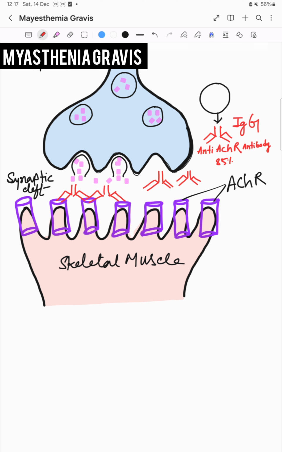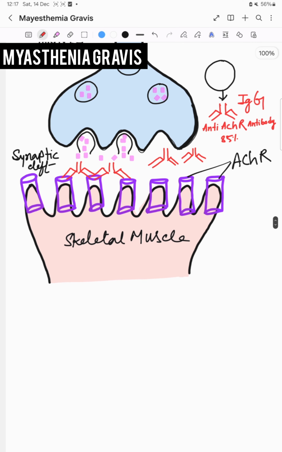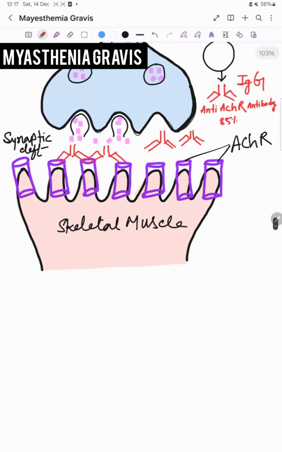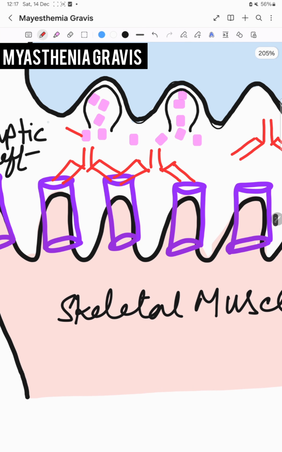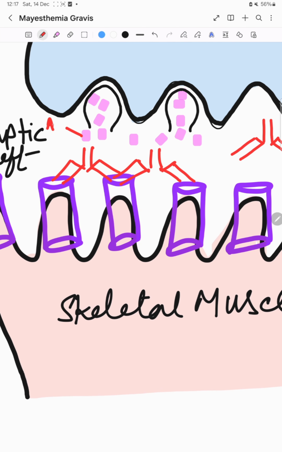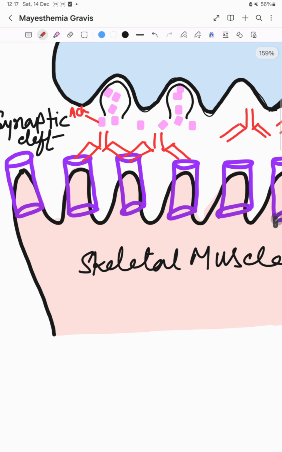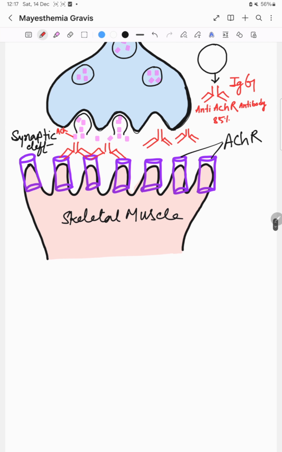Actually antigen is a foreign pathogen, but the defect is that our body cannot recognize our own cells. They treat our own muscle cell as the antigen, so there is binding of an antigen-antibody complex, and that causes the acetylcholine receptor to be unable to bind with these acetylcholine molecules, and the acetylcholine receptor cannot open.